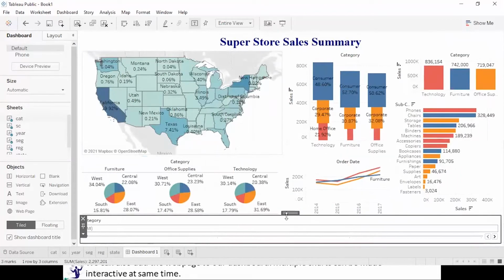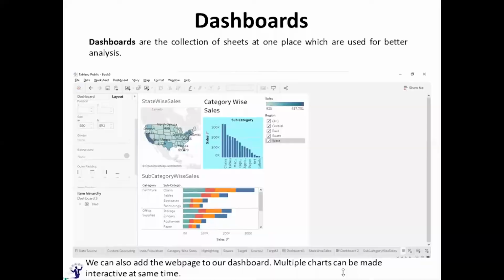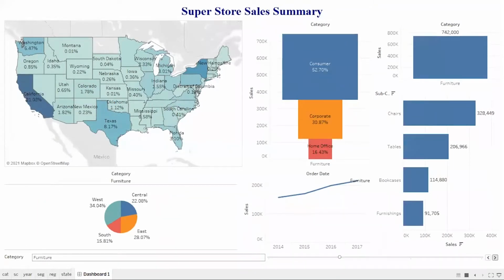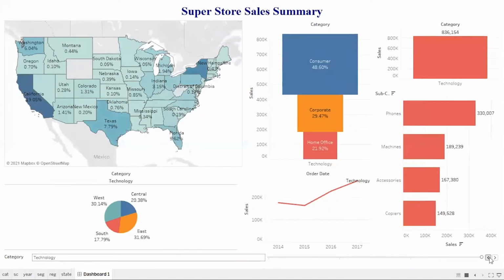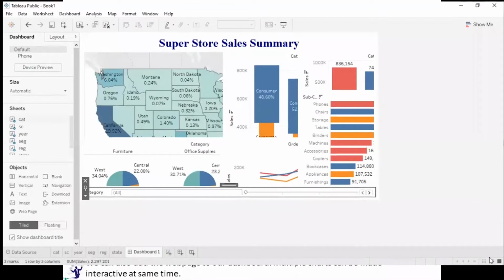Here it goes. Now see, now it will be much more impactful, and you can see you are talking about furniture, office supplies, technology, or if you wanted to talk about all, here it goes. Is that clear? Yes. Okay, here it is.